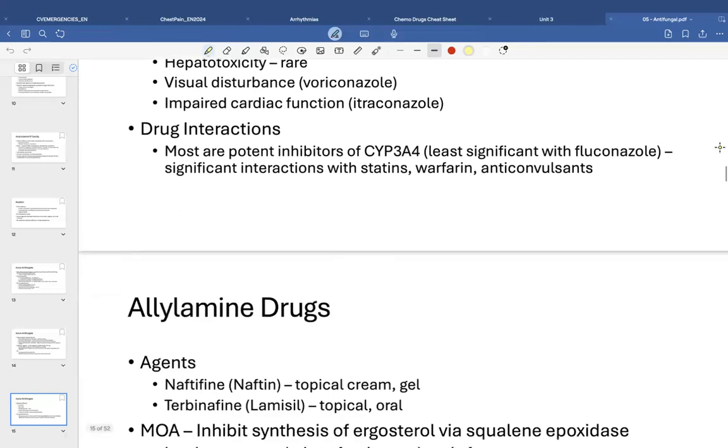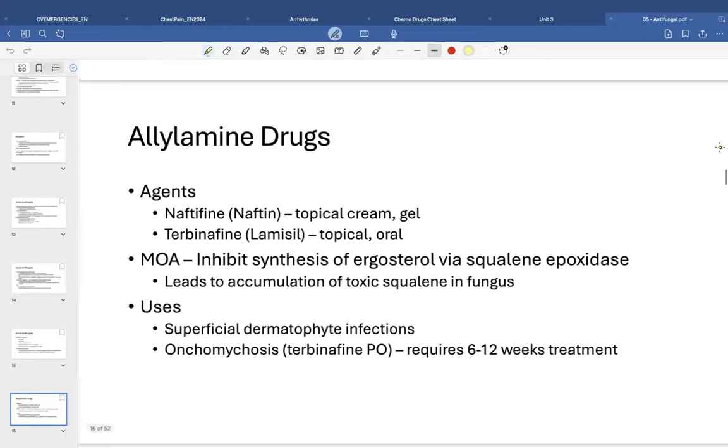Allylamines, Lamisil. These are another group of drugs that work to block ergosterol synthesis. This time it's through an enzyme called squalene epoxidase. That can be used topically for superficial dermatophytes. Lamisil, again, is great for athlete's foot and ringworm. And then for onychomycosis, which are fungal infections of the nails,